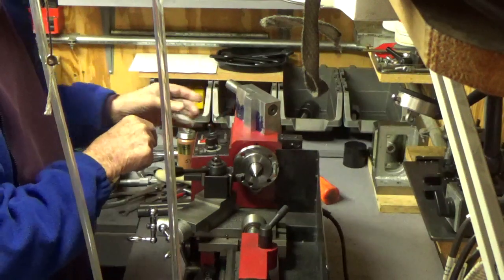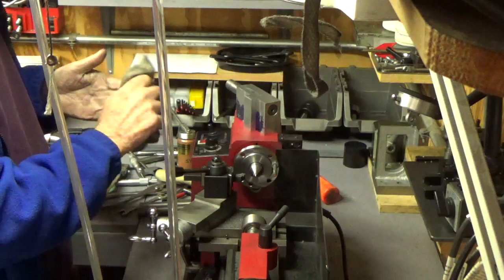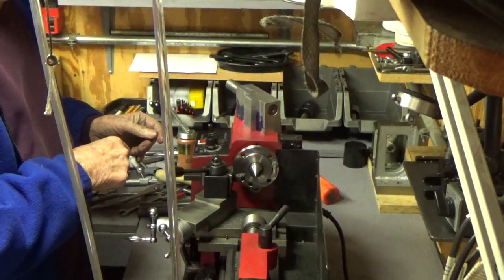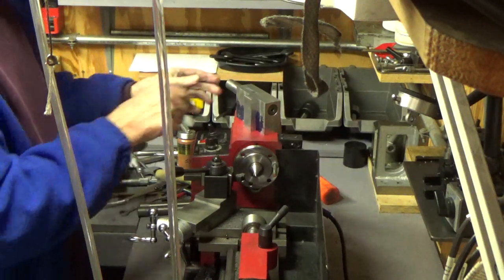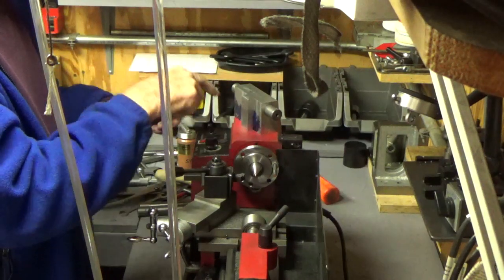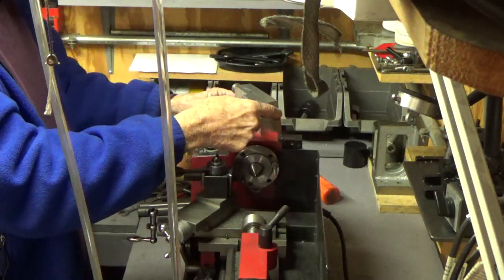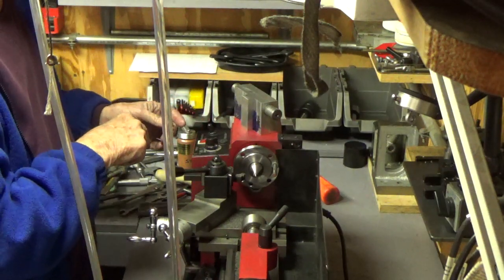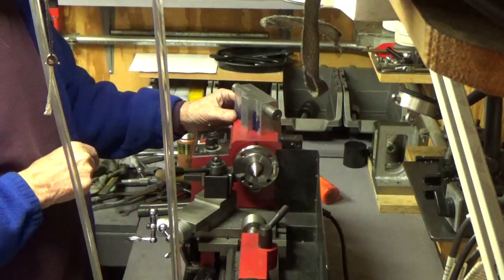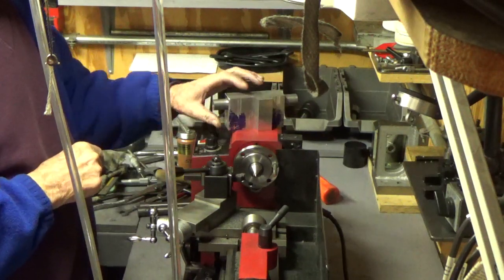So the next step is, tomorrow I'm supposed to receive the MT1 reamer from back east. Once I get that, I've got to cut this off first, and then I'll chuck this up and ream the MT1 in here. And I'm going to bevel some of the corners. I was going to bevel them quite a bit to make it almost look round, but as it turns out,